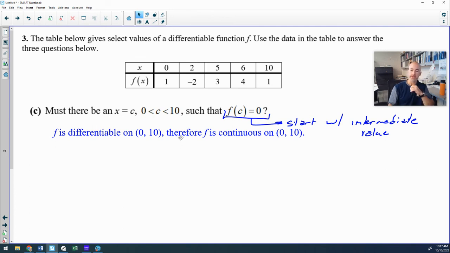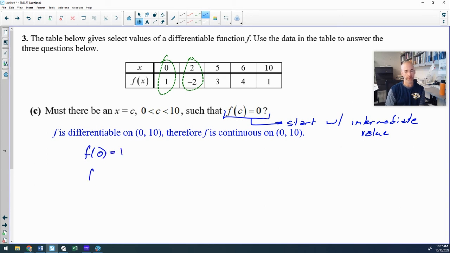And what I need to do for the intermediate value theorem is find 2 values of x that give you y coordinates that straddle a y coordinate of 0. And you can choose several different ones. I'm going to go with 0 and 2 because f of 0 is 1, f of 2 is negative 2. And if we are continuous and we go from a y coordinate of 1 to negative 2, we must cross 0 somewhere. Because I'm trying to achieve a value of 0, I want to tie this specifically to that. 1 is greater than 0, negative 2 is less than 0.